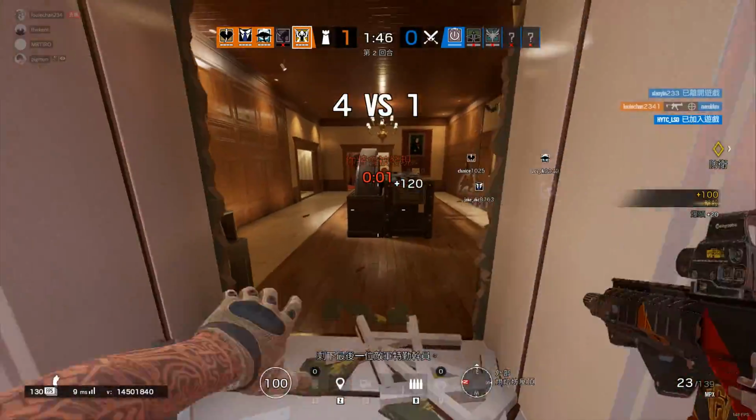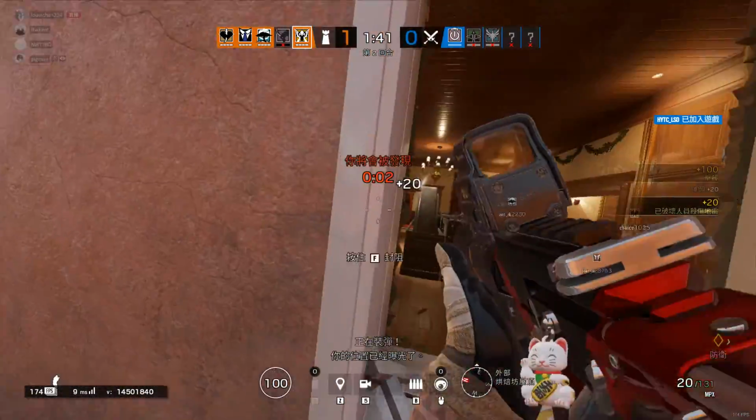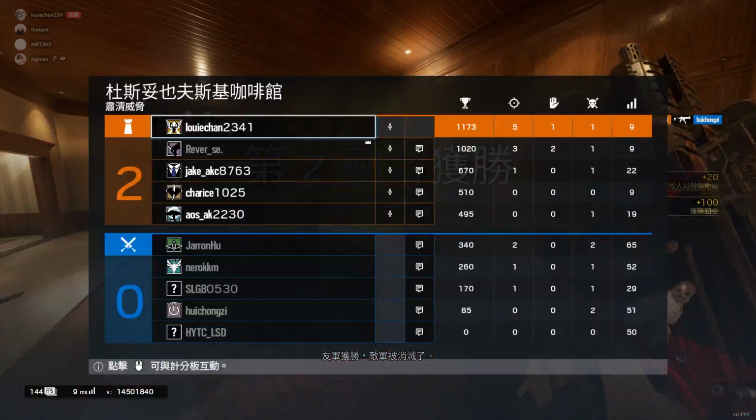Op 4, last operator standing. You will be detected if you remain in this area. Your location has been compromised. Friendly is victorious. Hostiles